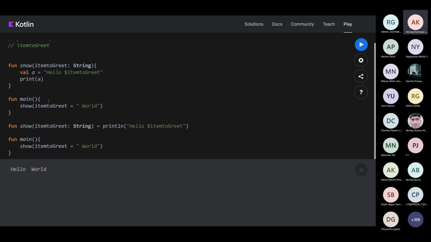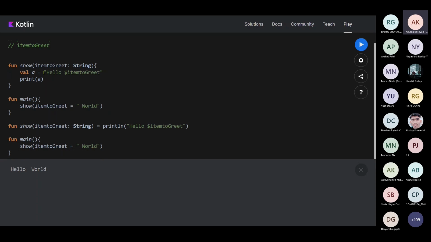So what I am doing over here is taking a value in a variable and then printing it. But as you know, we learned about single expression function. We don't need curly braces. I just directly want to print the value. So why should I make a variable, store a particular value, then call item to greet using the dollar function and then print the value?